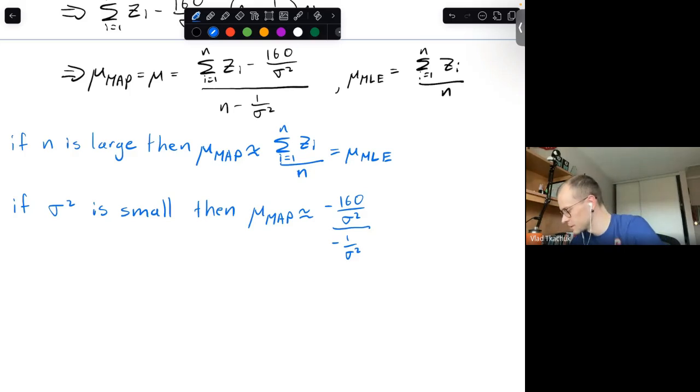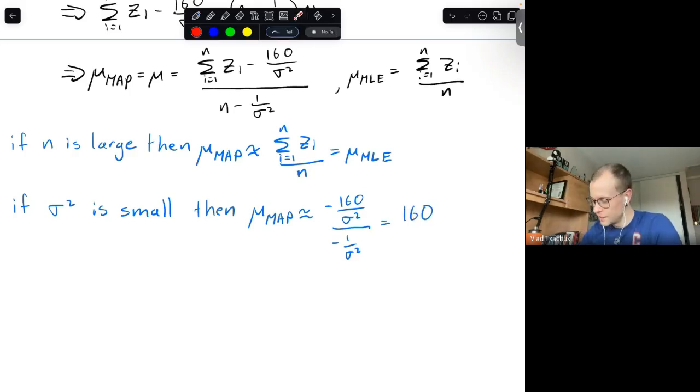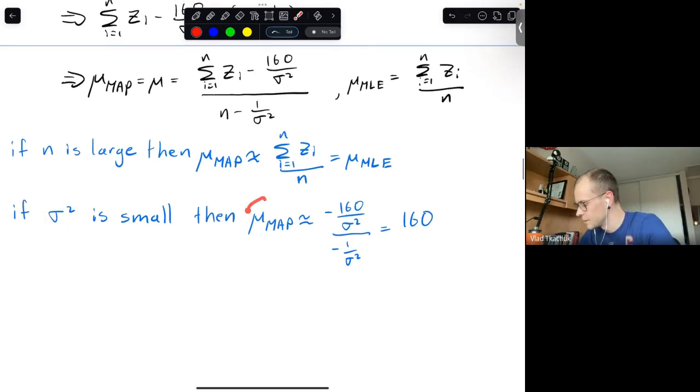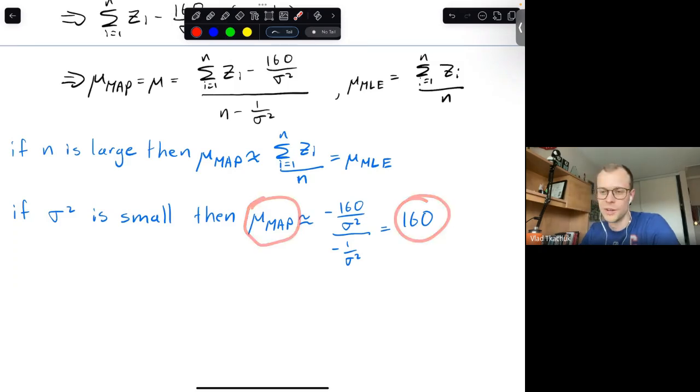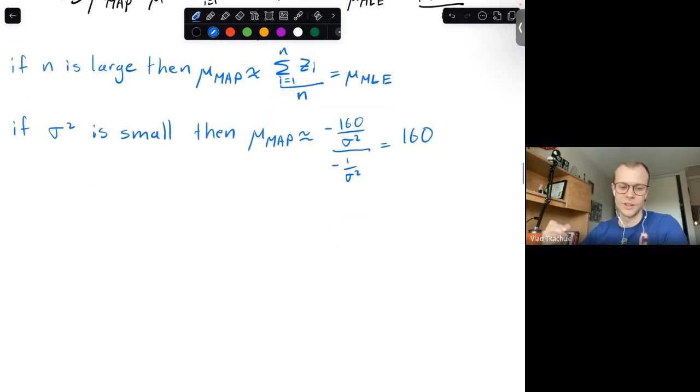But you might notice this is exactly just equal to 160. And so what we get is that basically if there's very little variance in your prior, meaning you're very, very confident in your prior, what you find is that your estimate is just your prior. The data has almost no effect on what you expect it to be. And this should also make sense. Okay, so then obviously the other case,